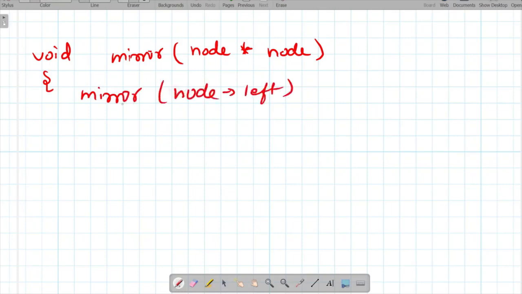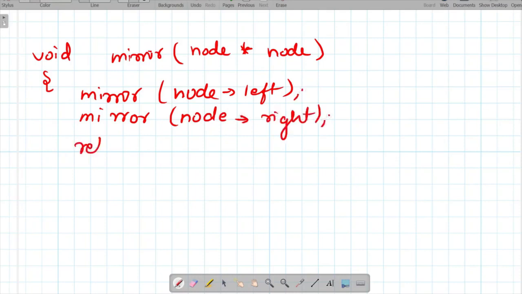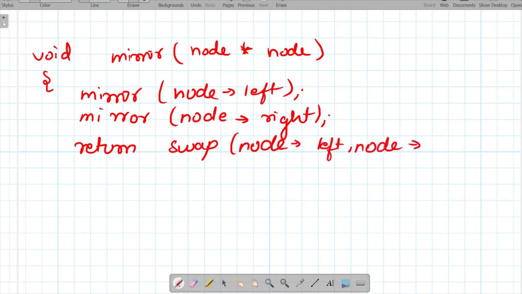Why? Because we want to call the function recursively, so that the swapping takes place for the entire tree. This is done, and then the final statement would be something like this: swap node left and node right. This will simply swap the left and right node for the entire tree. So this will be our logic for this code.